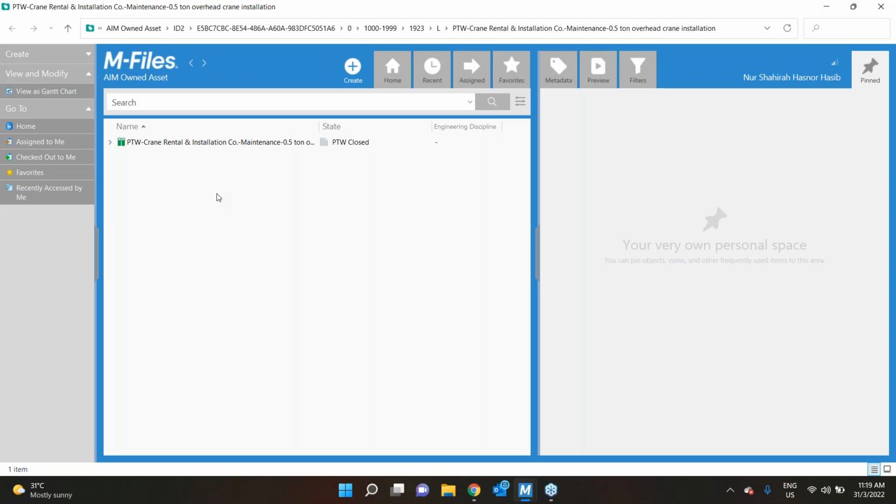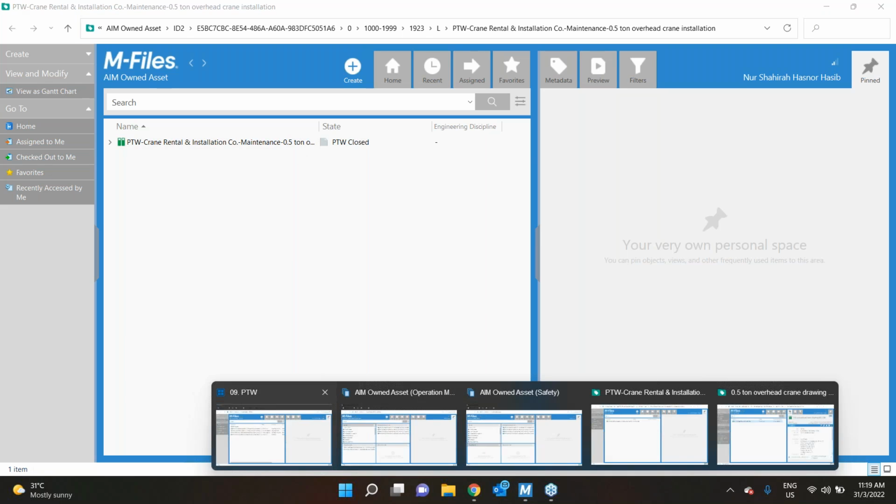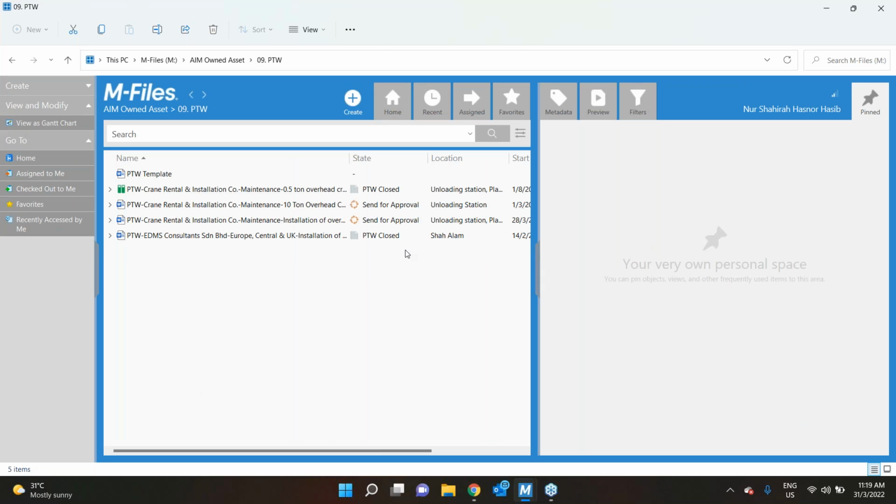Aside from acting as your document repository, Mfiles also has a built-in workflow function which we are going to use for our permit to work approval. For now, you can see that our permit to work has been closed, which means that this project has been completed.